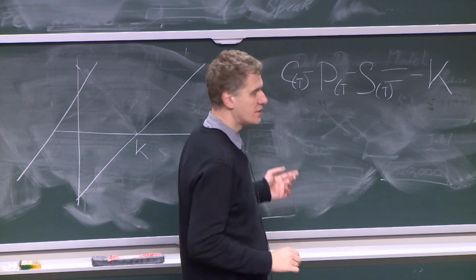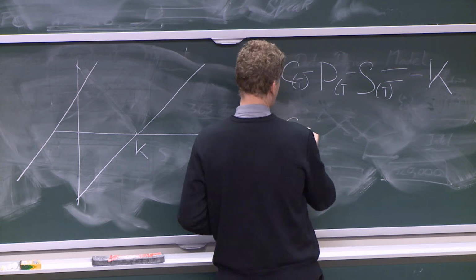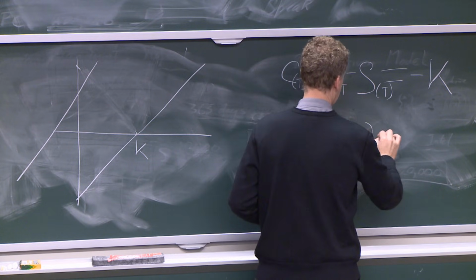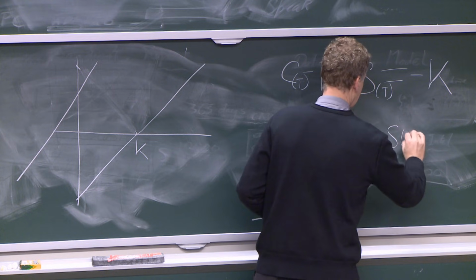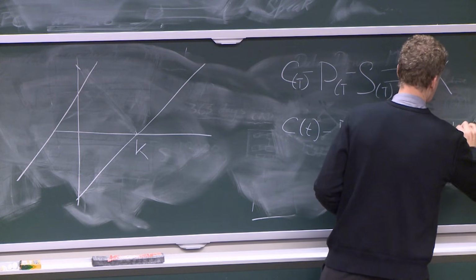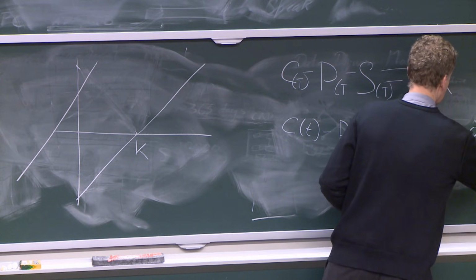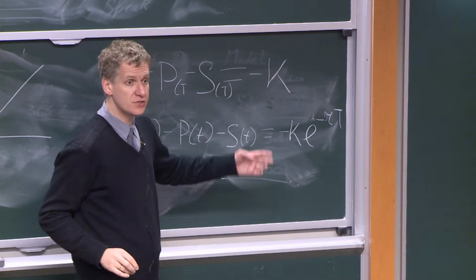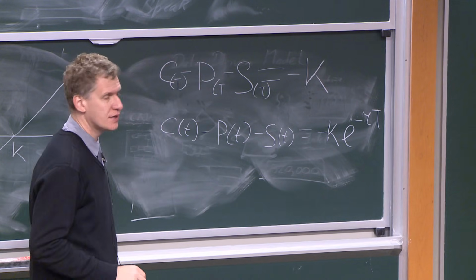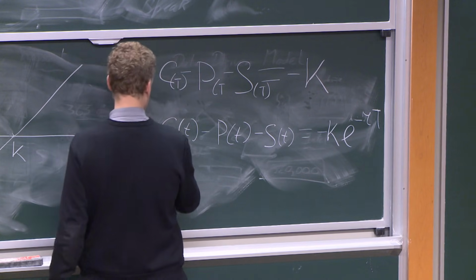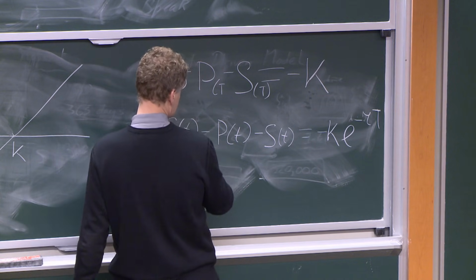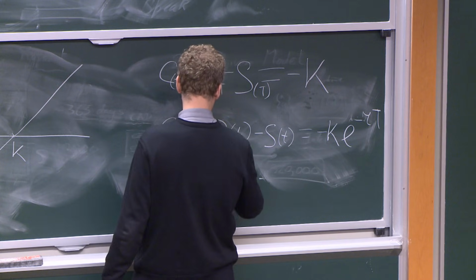So right now, it looks to me that if we write this, and that's just the current price of the stock, this should be right. We just need to discount this price to now, this amount of cash. Which means that our put at any time t is stock minus k.